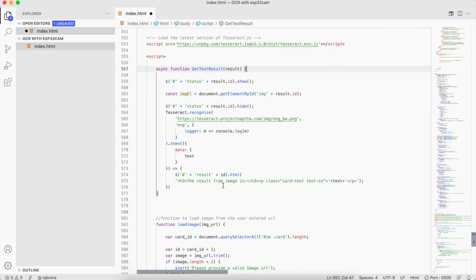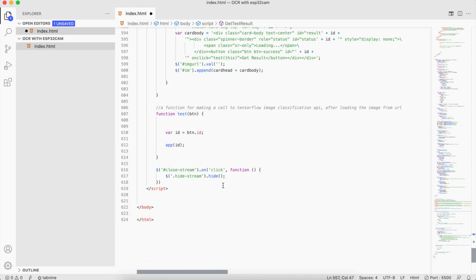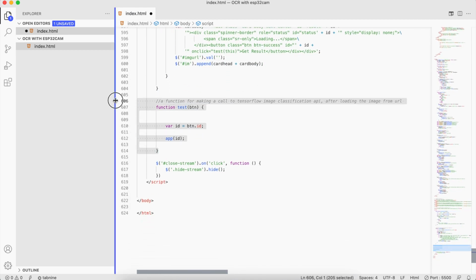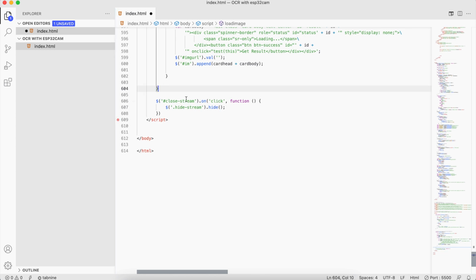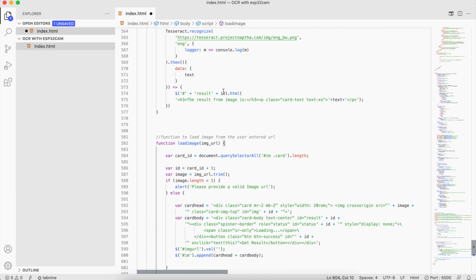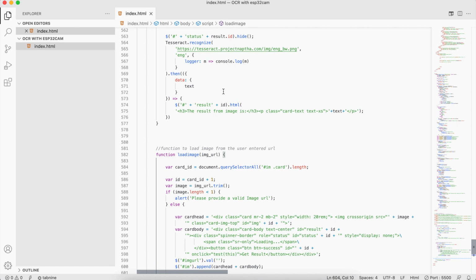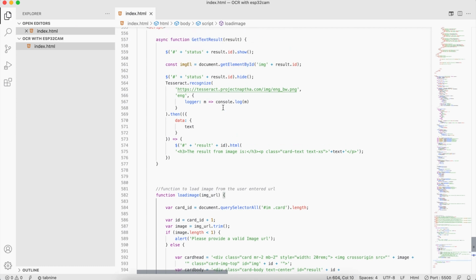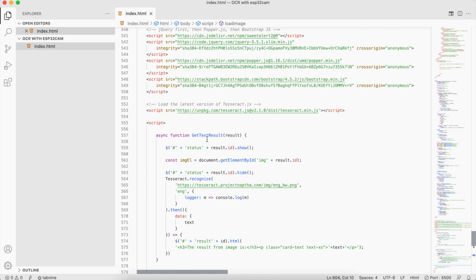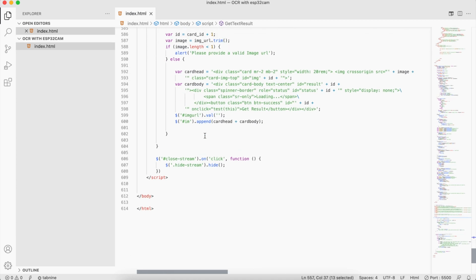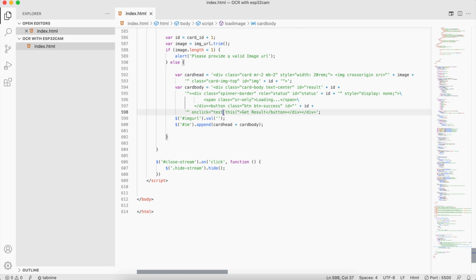And we need the load image URL function, and this part we don't need. Let's save it, and we need to trigger this function when someone clicks on the button. So from here, all you have to do is just change the test function to get result, save it,